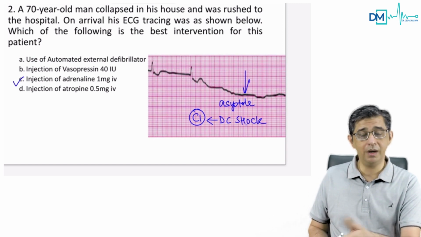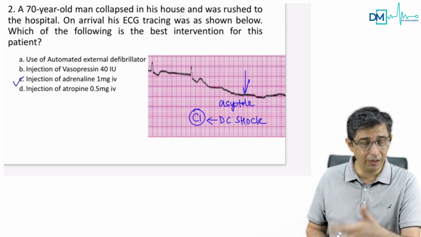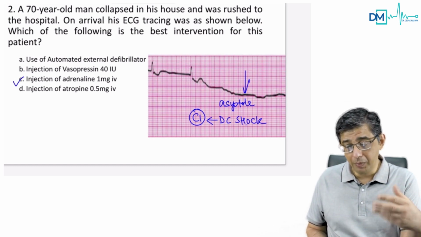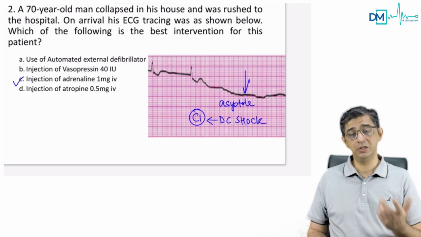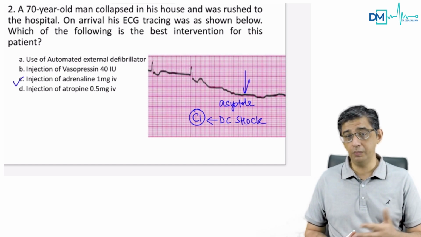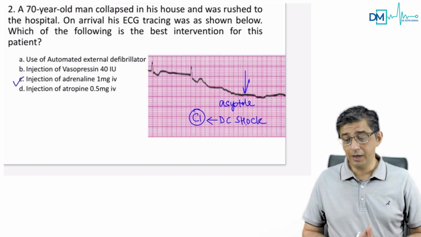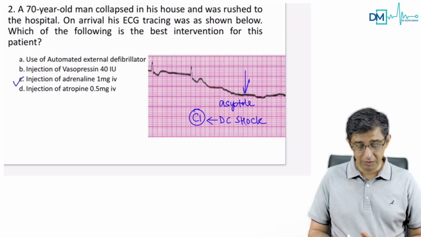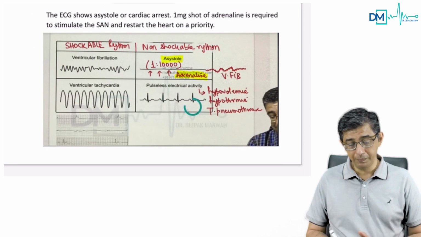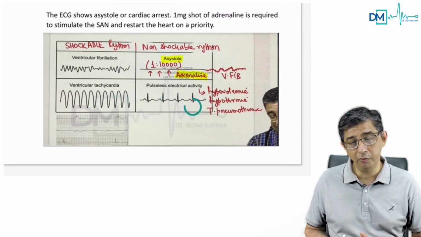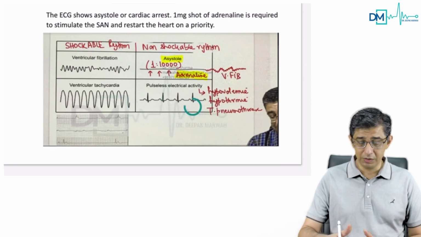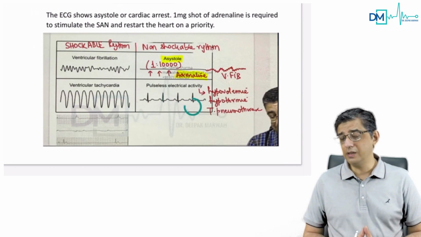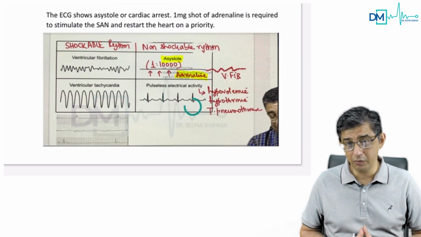You need to kickstart the heart, get the heart back to circulating and doing its job again. So you need to stimulate the SA node, and what's going to stimulate the SA node is adrenaline. So you give a 1 milligram shot, diluted, and along with that the CPR activity would anyway continue. So the answer to this question is adrenaline for flatline ECG. And this is a snapshot from the app where I have discussed shockable and non-shockable rhythms. In emergency medicine, at least two lectures for the FMG section I would like you to study.